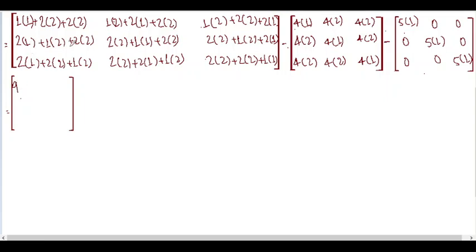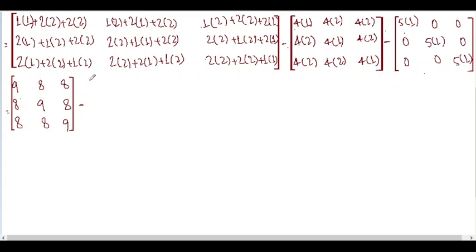After calculating this term we get 4 plus 2 plus 2, we get 8, and then here again 4 plus 2 plus 2, again 8. Here again we get 4 plus 2 plus 2, 8. Now 2 plus 2, 4 plus 4 we get 8 plus 1 is 9. 4 plus 2 plus 2 we get 8. Here again 4 plus 2 plus 2 we get 8. 4 plus 2 plus 2 and we get 8, and here again 4 plus 4 plus 1 we get 9.